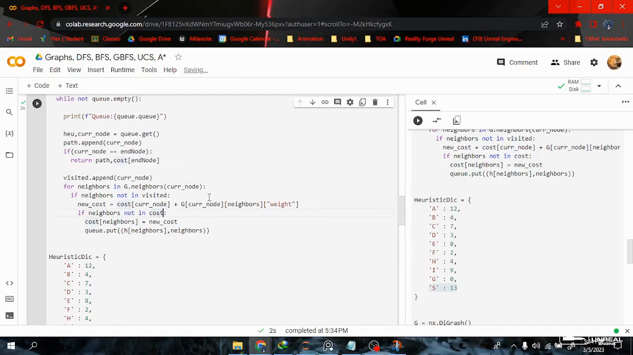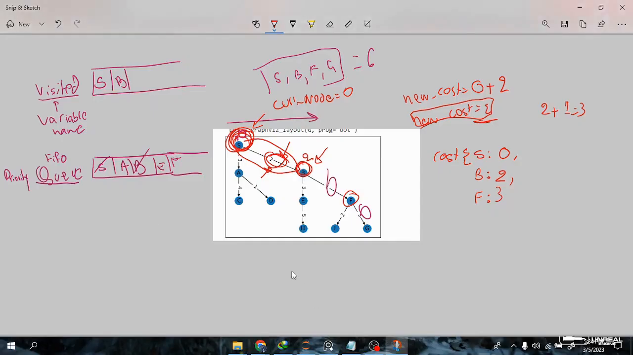Now, the last thing that I want to add is this might give you suboptimal answers. And to make this optimal, we can just add one more condition, that is, if neighbors is not in cost, or the new cost is lesser than my existing cost of neighbor. So this is just checking, hey, if I have, in this example, this wouldn't make a difference, but just to let you know that, let's say if I had S to B with a path of 2 and A to B with a path of 1, then what this would do is, first of all,